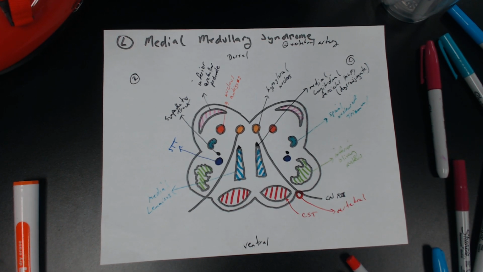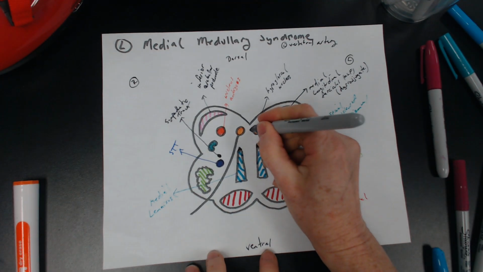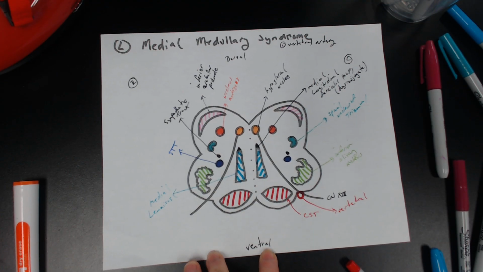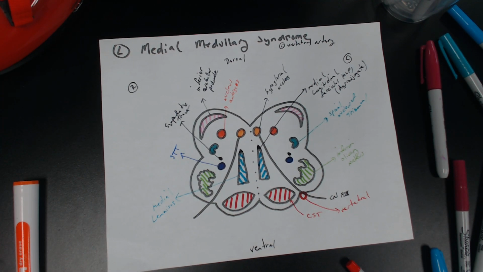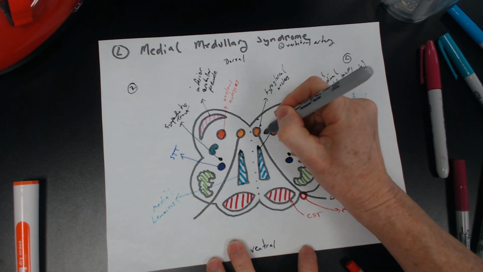So on the left side here, here's my midline. The vertebral artery is responsible for supplying everything in the medial portion of the medulla with blood. Specifically, it's going to be in between